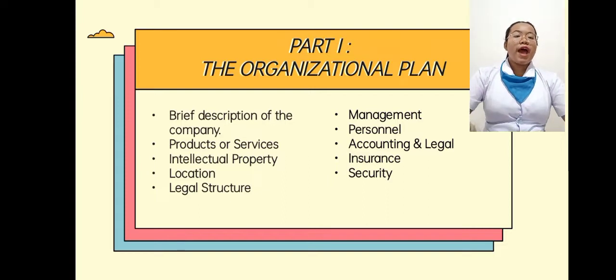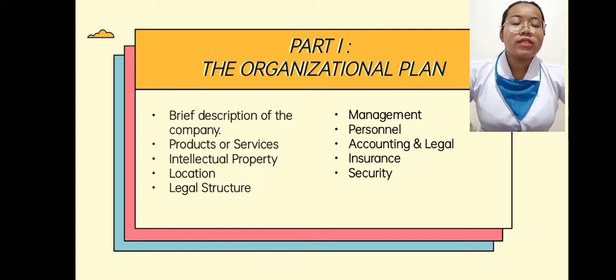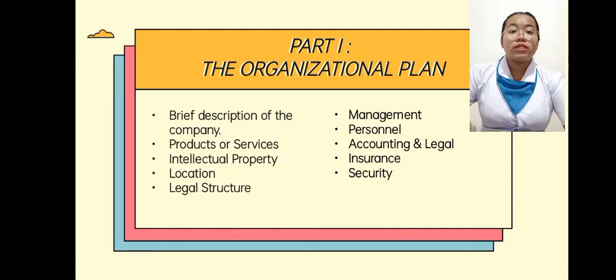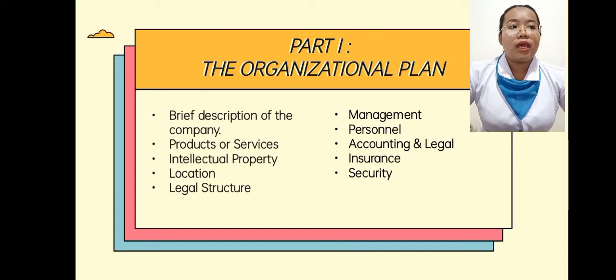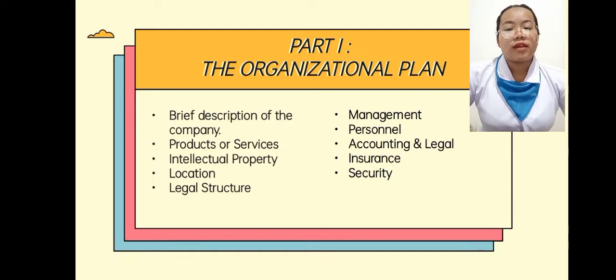We also have the intellectual property and the location. Of course, it is needed to have a legal arrangement for that: agreements, proof such as photos and diagrams, as well as a signature for the property at that location, in order to avoid conflicts. For the legal structure, it can be a sole proprietorship,